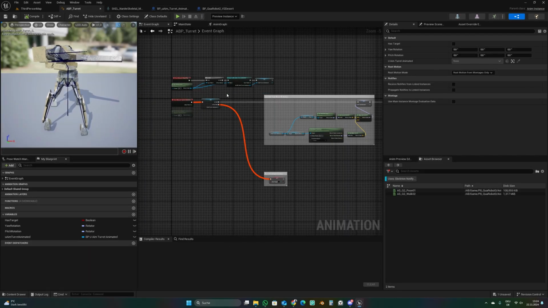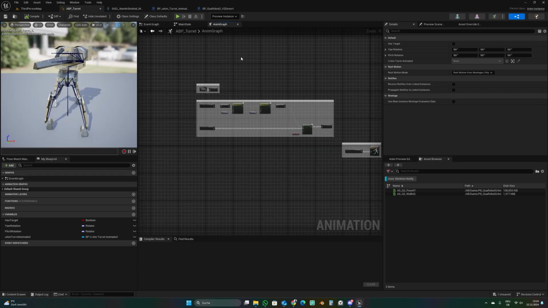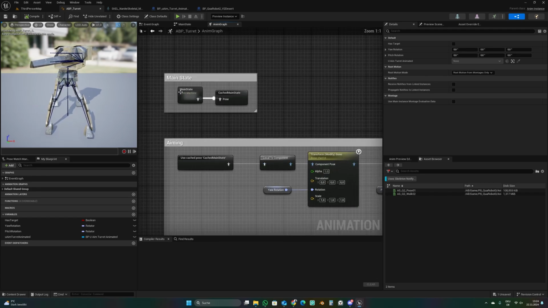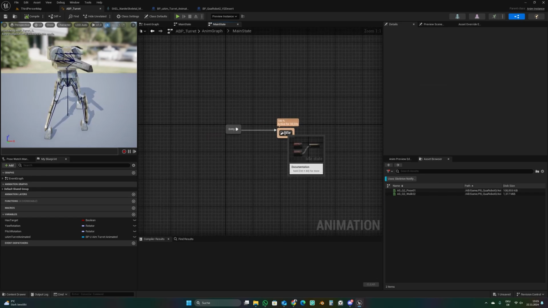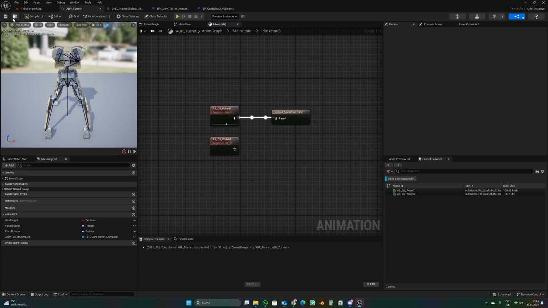And for that, I don't know how good you are with Unreal and the animation graph and all of that. But in the animation graph, there's a main state. And in the main state, there's an idle. And there's a pose as well. This is a static pose. So if you apply that,